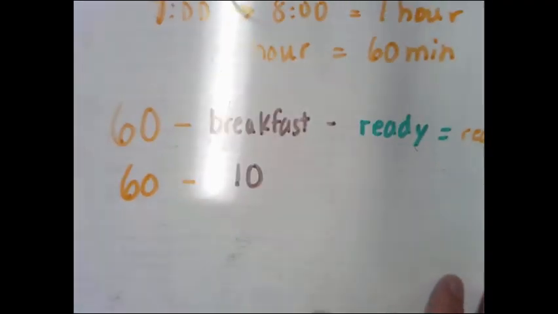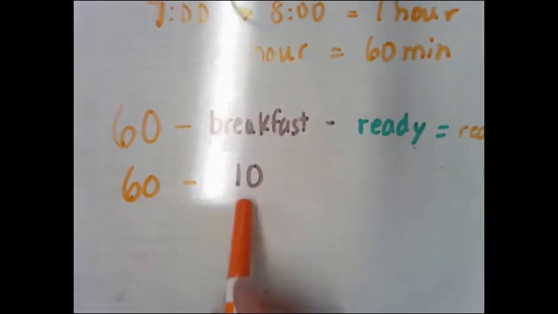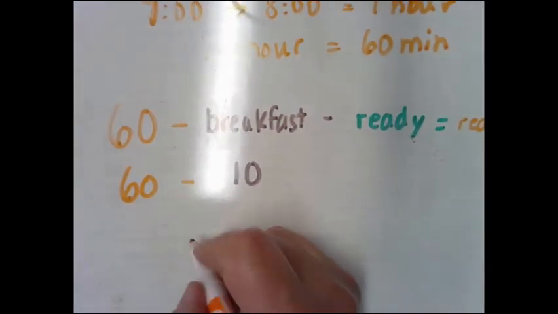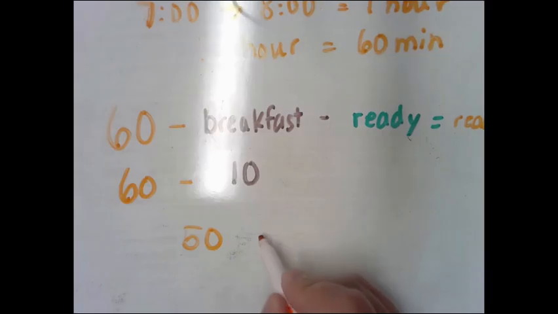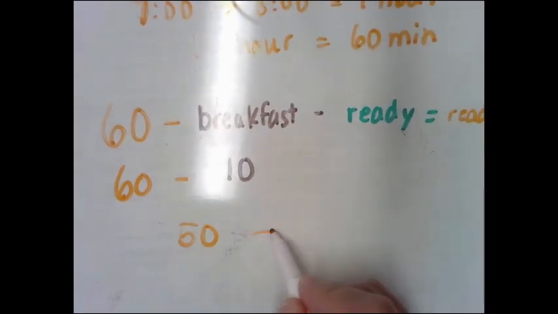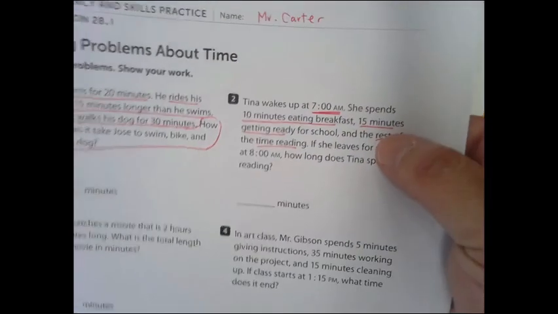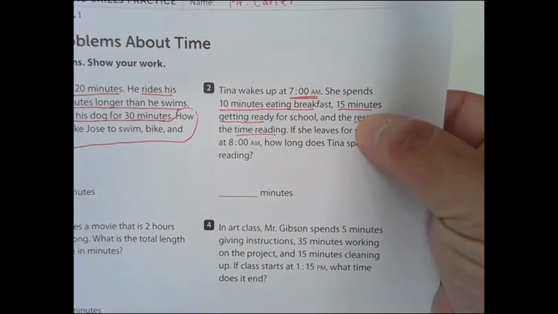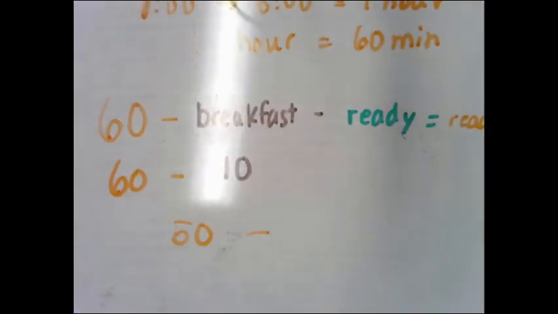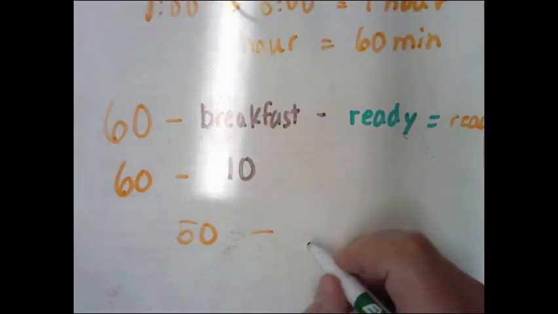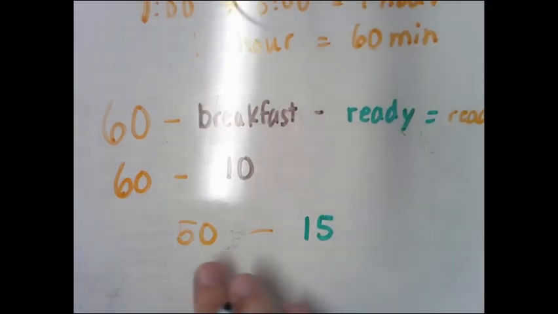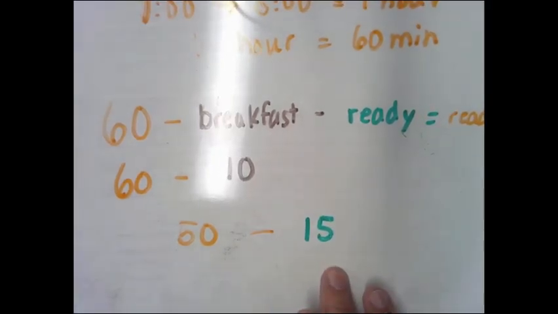Well, that leaves us with 50 minutes, right? 60 take away 10, so she has 50 minutes. And then we have to subtract from 50 how long it takes her to get ready. Well, again, it takes her 15 minutes to get ready. So 50 minus 15 minutes is,